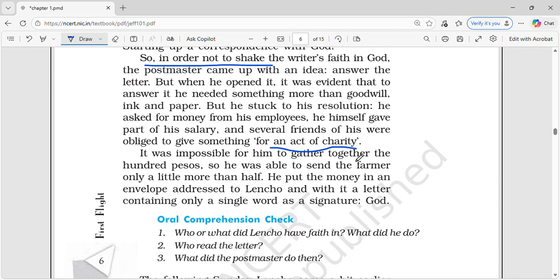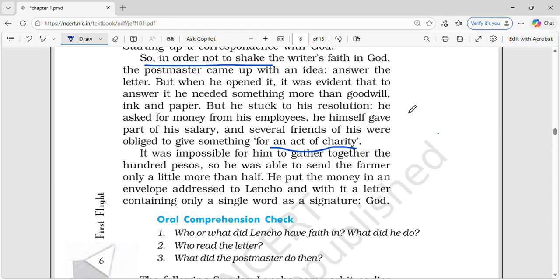So it was impossible for him to gather the 100 pesos, so he was able to send the farmer only little more than half. He put the money in an envelope addressed to Lencho with it, and the letter containing a single word as the signature of God. Okay,